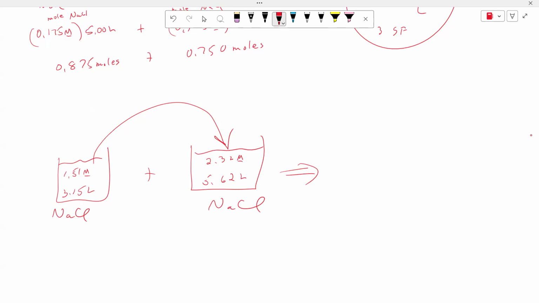Okay, so now we have 8.77 liters. Now we need to do moles of each one. So that's 1.51